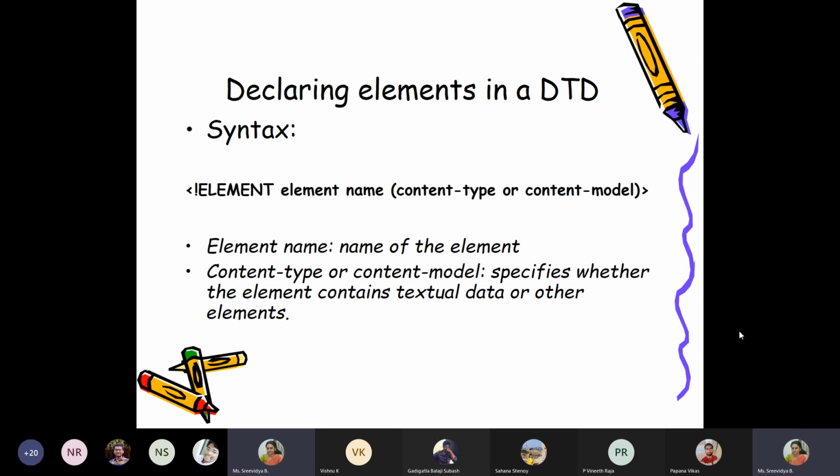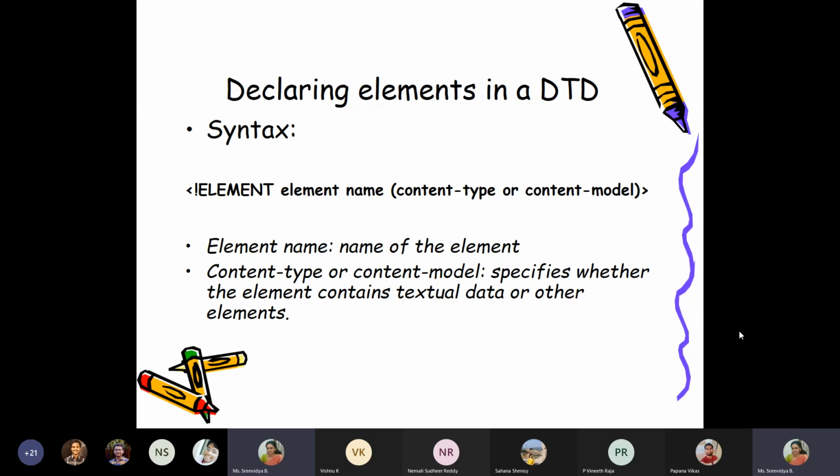Now we will jump into writing a DTD. The basic building block of a DTD is elements. Till now we have been calling them tags in the case of an XML document. Now a tag is represented as an element in a DTD. So ELEMENT is the keyword I'm going to use. An exclamation mark I will use to indicate that it is a DTD representation.